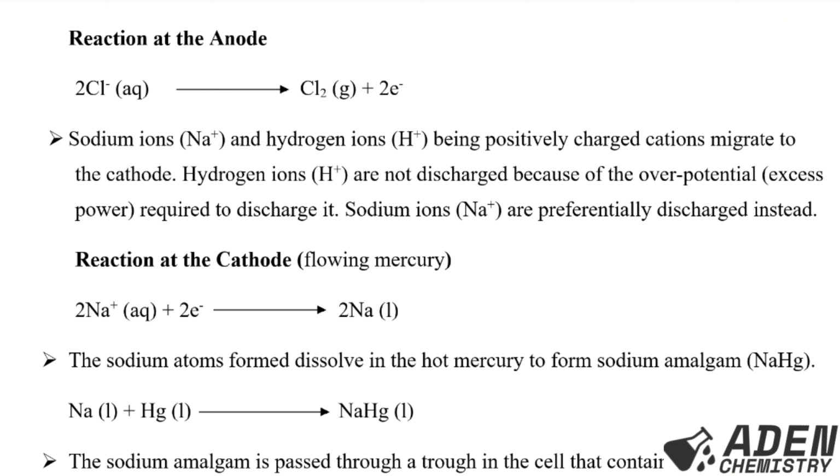Remember, mercury is an active electrode. So what is an active electrode? Those are electrodes that react with the product formed at the electrode. Okay, so here we are having the sodium formed at the cathode reacting with the hot mercury to form sodium amalgam. So this equation is self-balanced like that. We proceed next. So next we are told the sodium amalgam is passed through a trough in the cell that